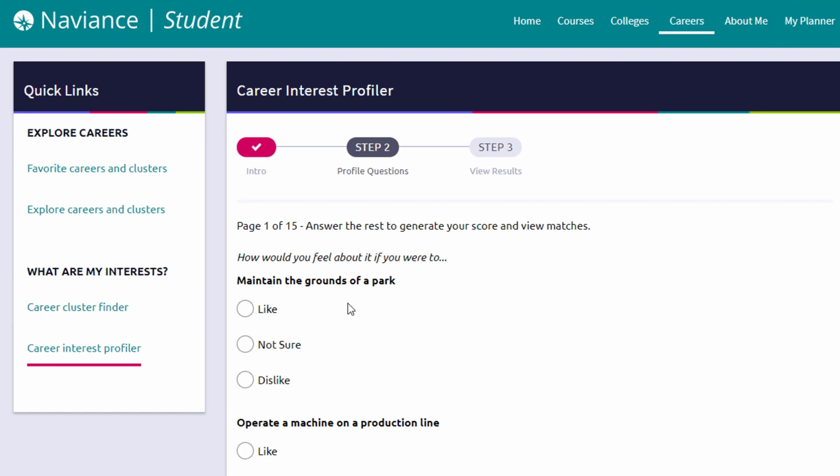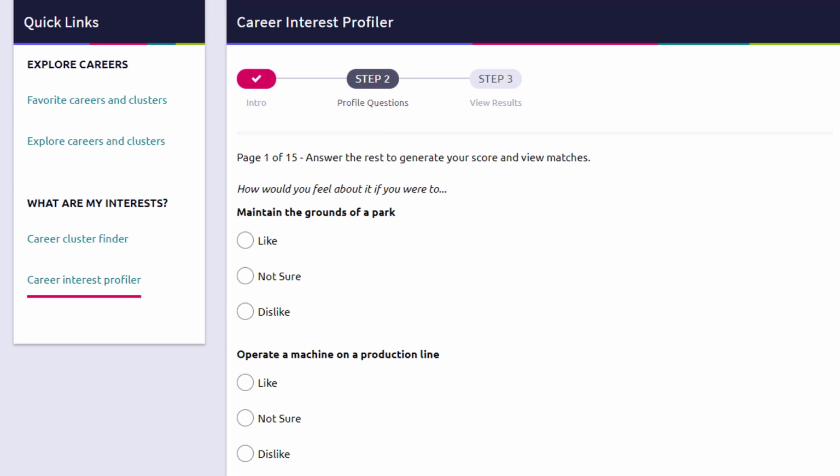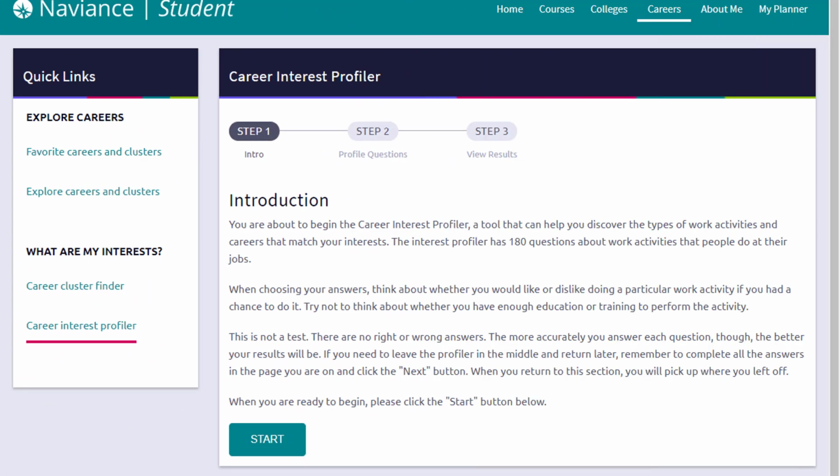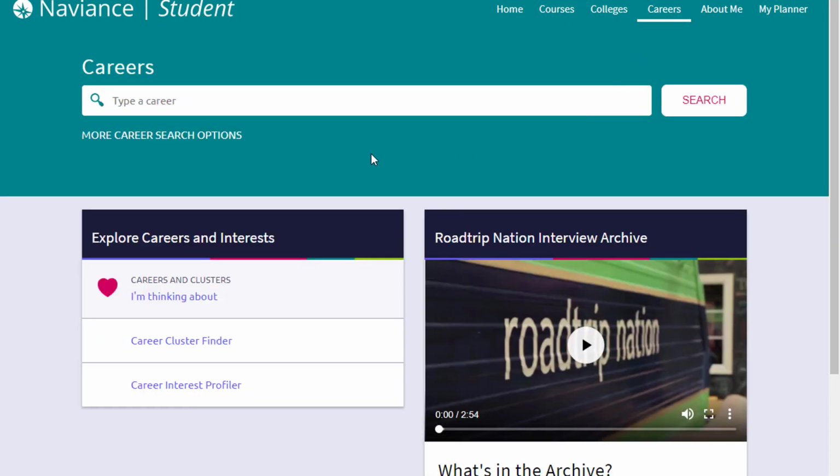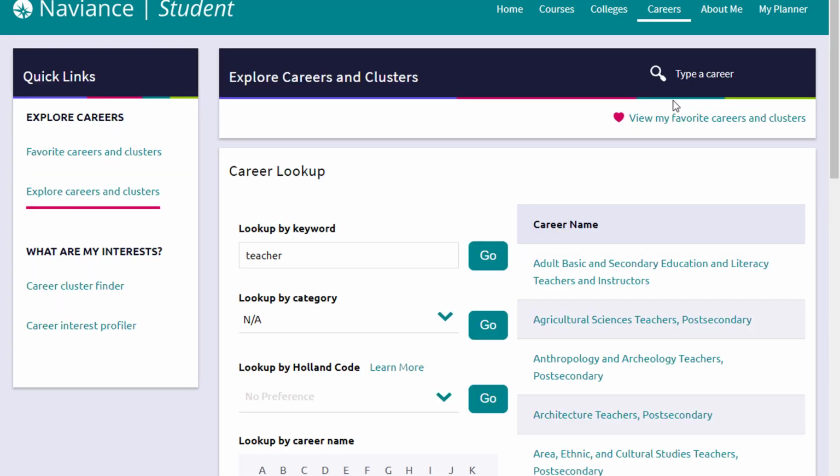Once you have completed that, you will view results about the type of work that you like to do and what possible careers could fit those interests. Once you have completed the Career Cluster Finder and the Career Interest Profiler, you will certainly have a lot of information to research. You can also go back to the Careers homepage and research any individual career, such as teacher. As we search teacher,